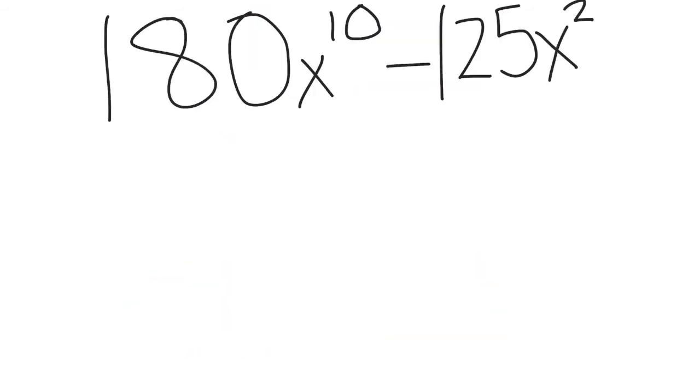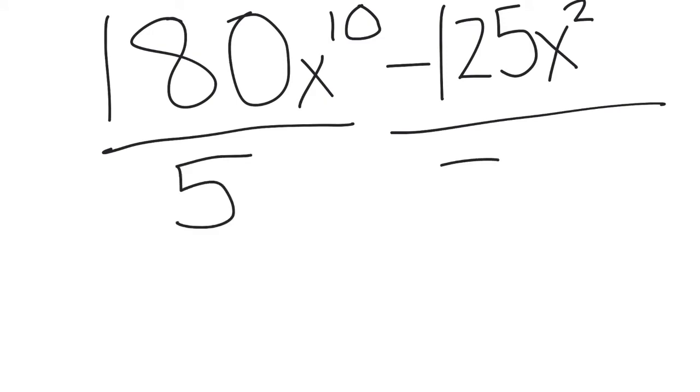Okay, so here we have another problem. 180x to the 10th minus 125x to the second. This time we don't have a middle number. Well, let's go back a little further. Both of these numbers are divisible by 5, and they're also both divisible by x to the second. So as we remove them, we will be left with